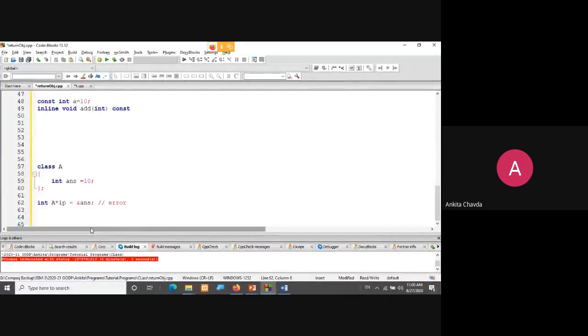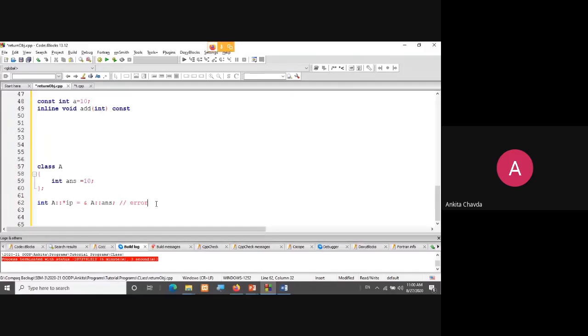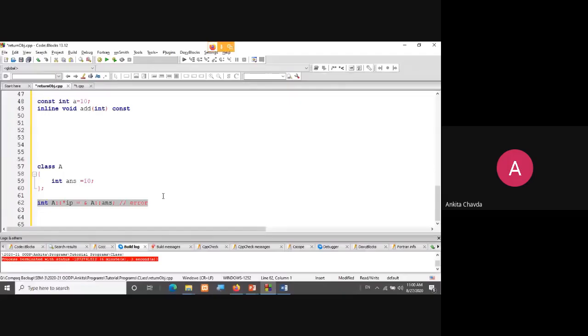So how can I write this pointer, integer pointer IP? But over here I need to say that this is from the class A. So A scope resolution operator. Same way after this %, this ANS is from which class? From class A. So again I need to write A scope resolution operator and ANS. So now this is the correct syntax. In front of my IP and ANS, I've just put my A and scope resolution operator. That's it. So it looks very complex, but it is not actually. It is not complex, right? But at the very first glance, this will look very complex.